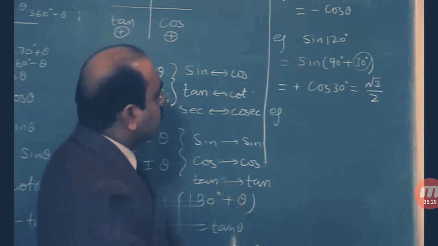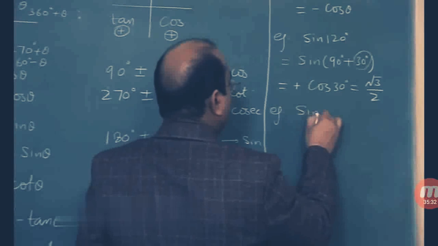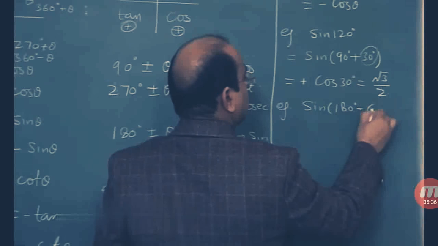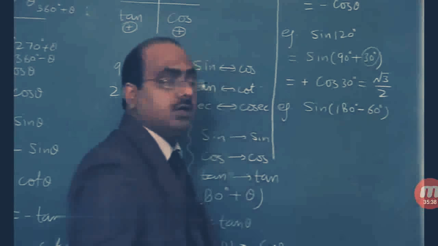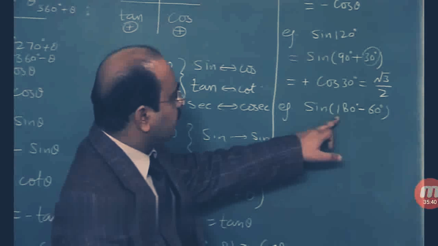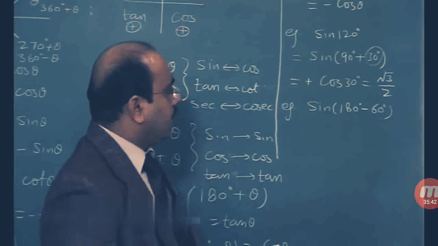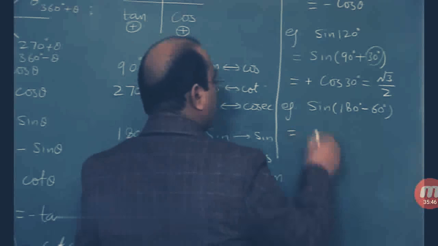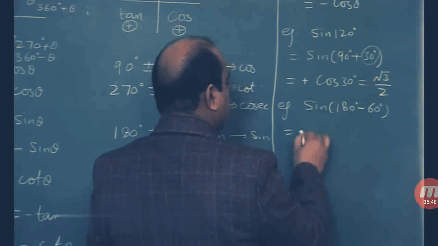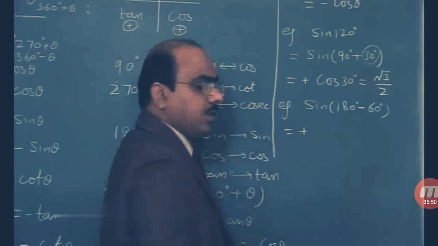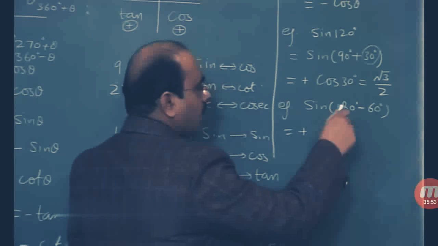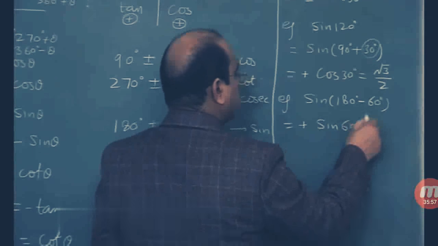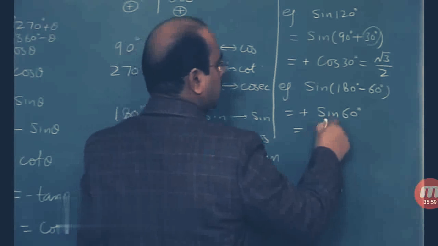We can also break the same angle by 180. It can be written as 180 minus 60. It is again 120, but now it is broken with the help of 180. Now 180 minus theta, it is again the second quadrant, and in the case of the second quadrant, sine is positive. The result is positive, and in the case of 180, it remains as such. It remains sine, and sine 60 is root 3 by